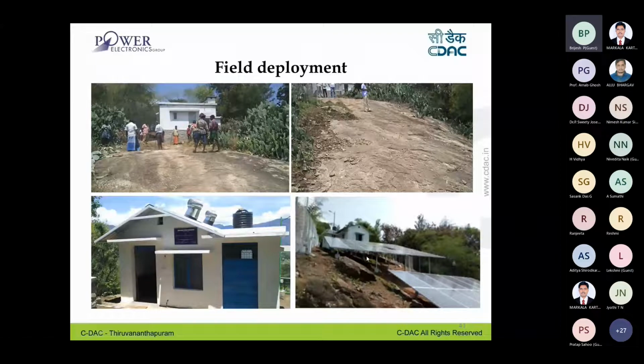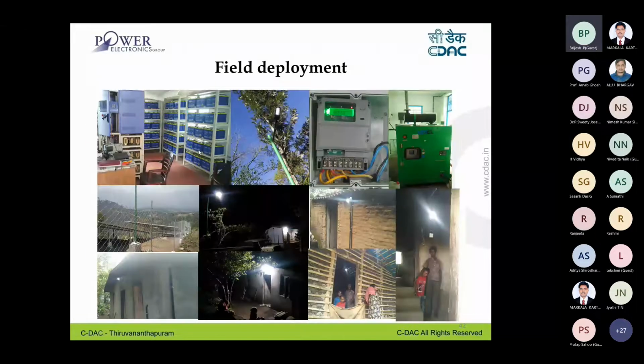And we also developed a control room there for housing all this power conditioning system, battery bank, and diesel generator, everything. This is our control room, and this is the solar panel installation.